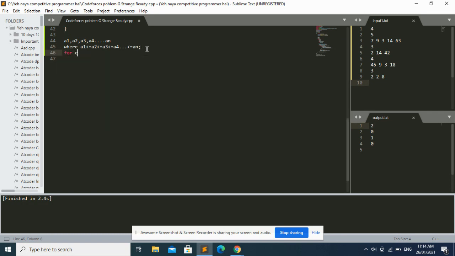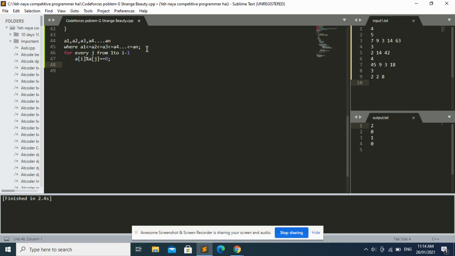For every j from 1 to i minus 1, a of i percent a of j equals 0. This condition must hold for every index i. Now, what will be my approach?